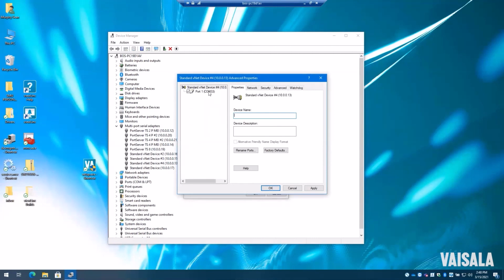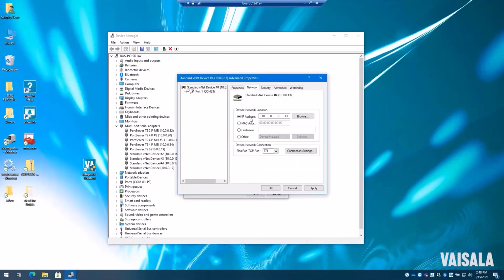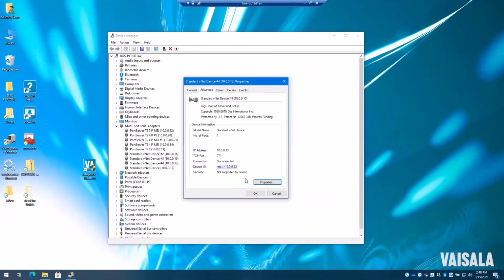Also, if I click on properties, I can get onto the section that tells me it's COM33. And if I actually go to rename ports, this gives me the ability to change that port if I need to do that for some reason. So you have the ability to actually modify these COM ports on the fly directly from the operating system. Typically people don't do this, but you have the ability to go in here and modify any one of the settings that are in here. So whoever has management capability on the system has the ability to do some modifications to the drivers afterwards.